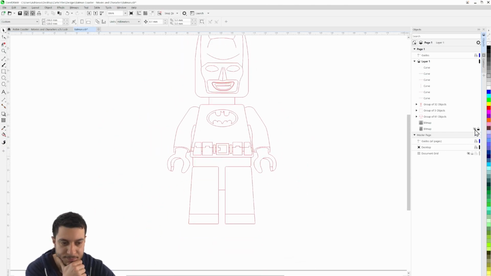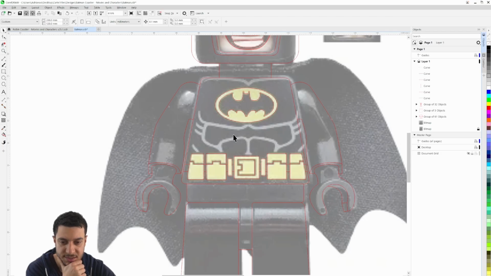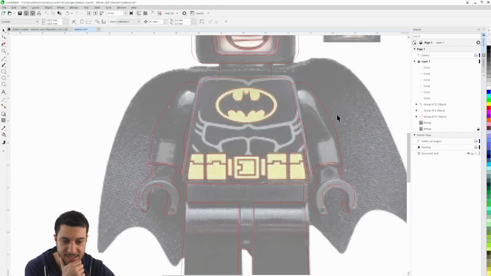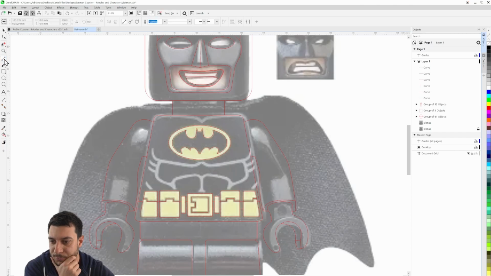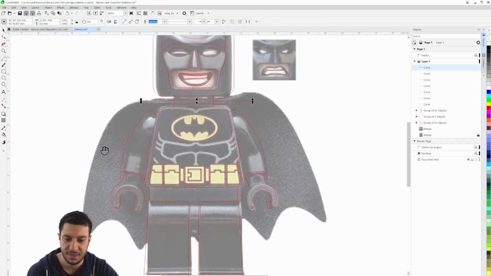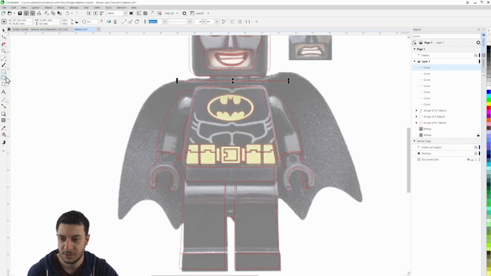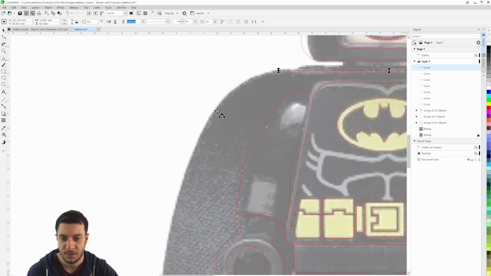We could stop there. You could go in and you could do this sort of design of his abs, you know, sort of showing his muscles, but I think that's a bit too much detail and it'll get lost. I like this design. So the last thing we want to do is let's work on his cape. So I'll choose a point sort of here, and I think I like the left hand side of his cape more than his right. You can see that it's not symmetrical, and I think designs like this look really good if they're symmetrical. So choose a point sort of halfway down that curve,